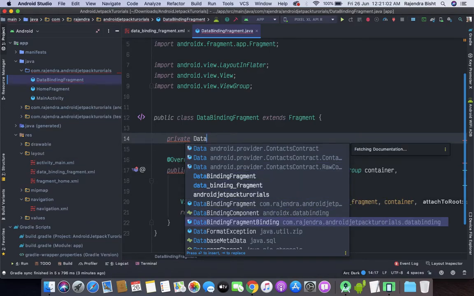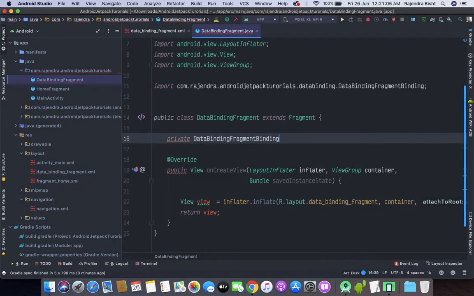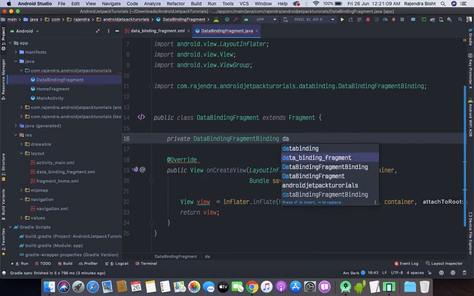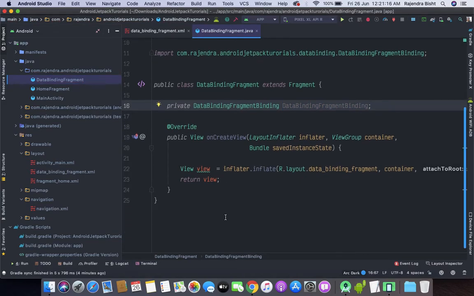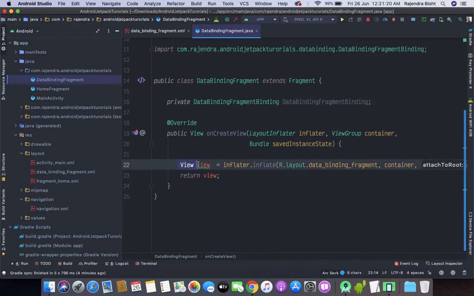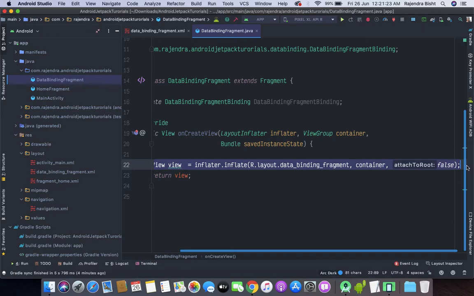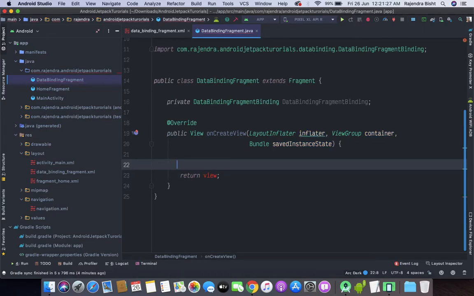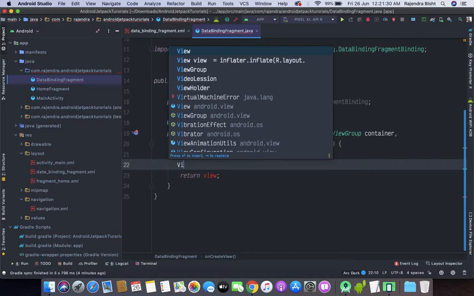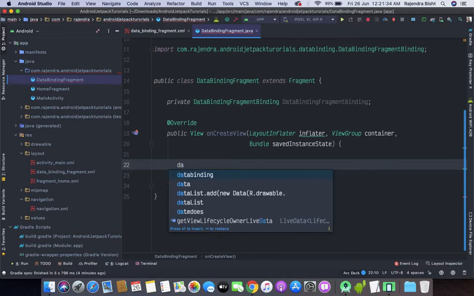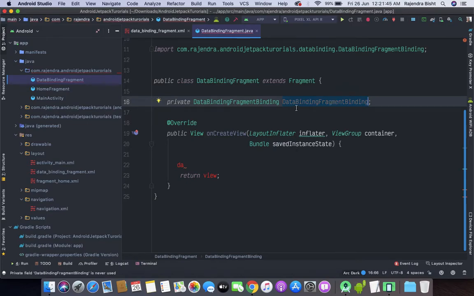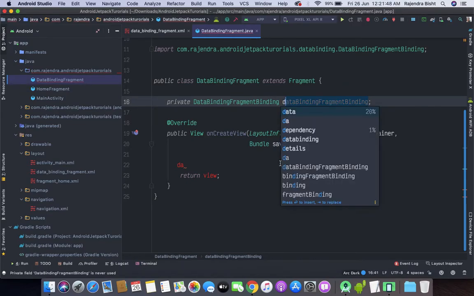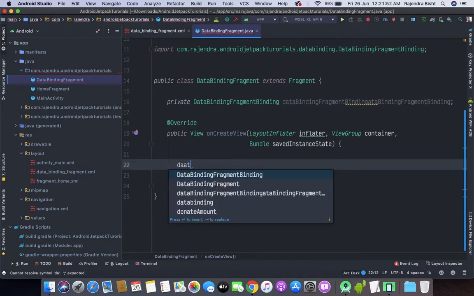Here you will find the fragment name appended with Binding. So just remove this line.